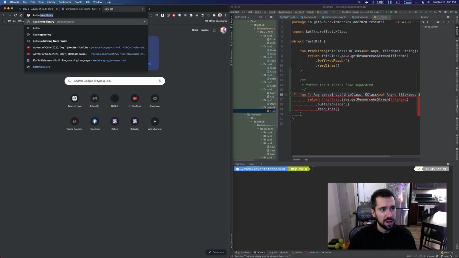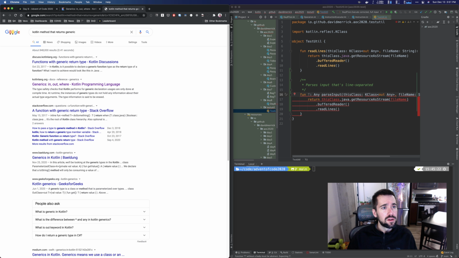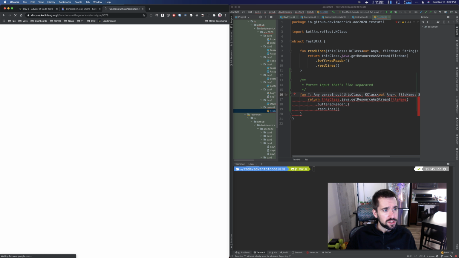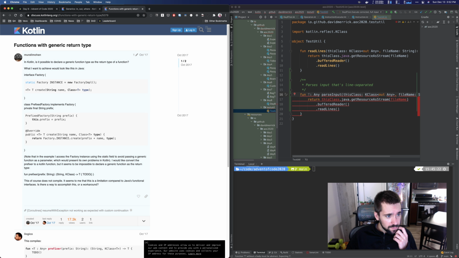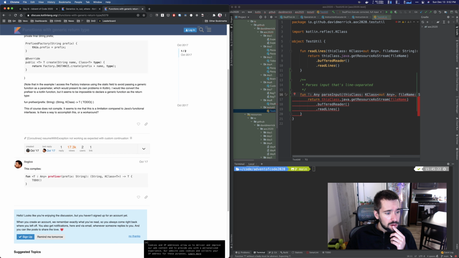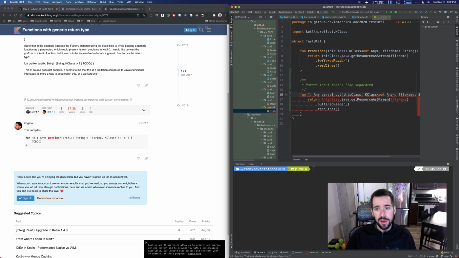So I want a Kotlin method that returns generic. Functions with generic return type. Okay, yeah, so I just want these open brackets here. T is any, and then this is going to return a list of T. Oops, I'm going to get rid of this. This parse input is going to, we want to take this class, we want to take a file name,